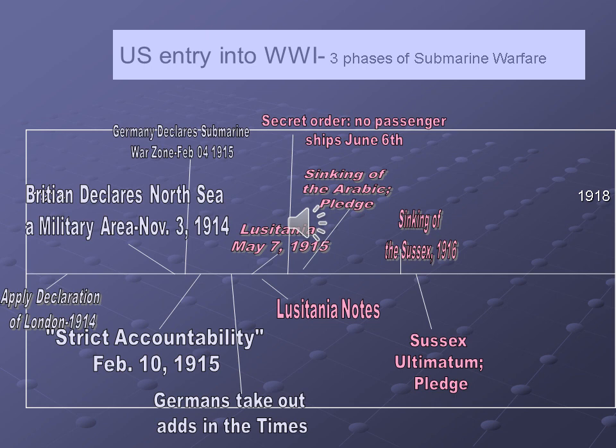And so basically what happened here is that the sinking of the Sussex pushed Wilson to his breaking point, and he basically responds with the Sussex ultimatum to Germany, and he says this: if you don't stop unrestricted submarine warfare, we will break off diplomatic relations, which basically is saying we are going to take our first steps towards war, and we will continue to go towards